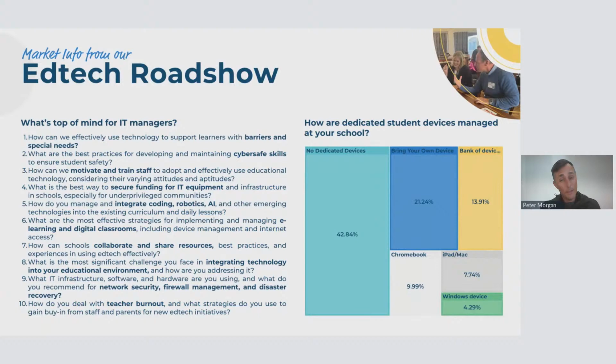So remember the audience we went to at our roadshows, we saw about 200 school decision makers. These were from top end schools. So we are talking private, and ex Model C, that kind of level. So you're looking at decent school fees on a monthly basis. So 42% of them have no dedicated device in the school.